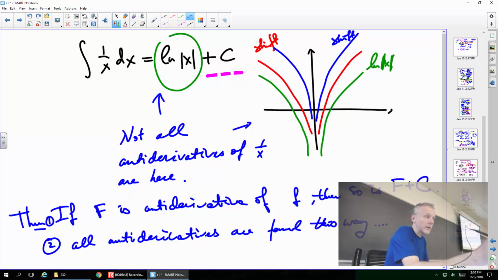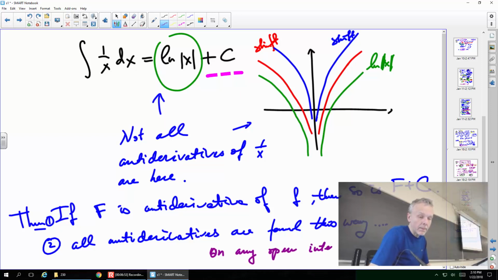There is an extra condition there that has to be satisfied, and that is that it holds on any open interval. Okay, so the point is that we can only draw this conclusion whenever the function we're starting with is defined on an interval. 1 over x is defined on an interval, but it's not defined on negative infinity to infinity. So we are applying the theorem over here without the extra condition, and that's why we haven't found all